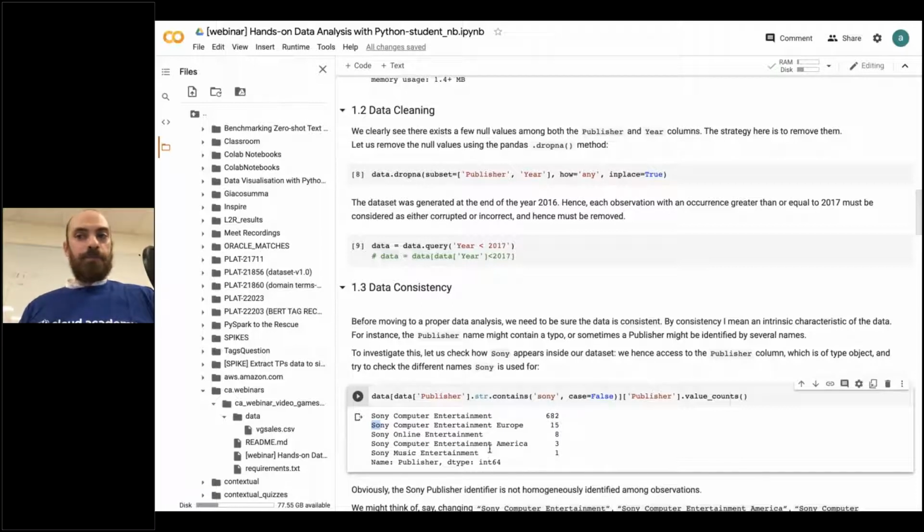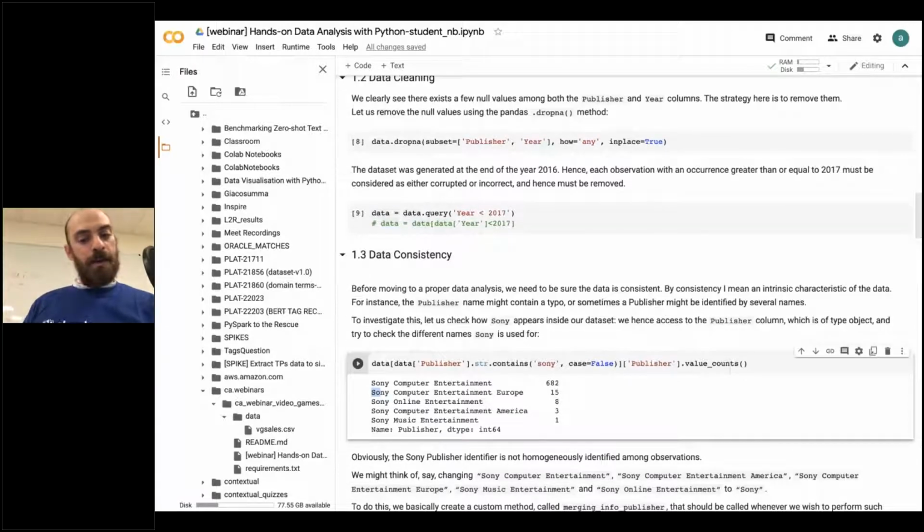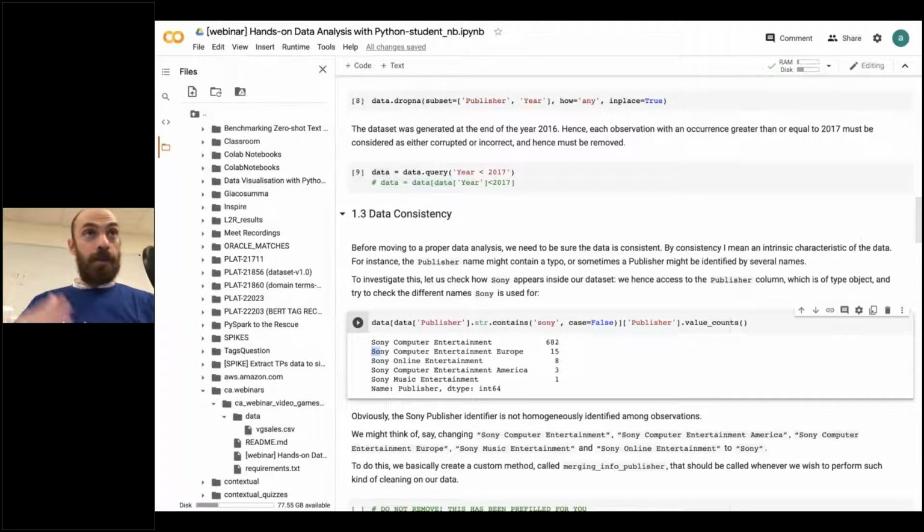So this means that the Sony publisher is not homogeneously identified among observations, and therefore we can think of changing those names into a unique string, say Sony, so that we identify consistently all the observations and we don't lose them. Obviously Sony Music Entertainment is going to appear once in our dataset, and therefore has a low frequency, and if you don't consider it, possibly you are underestimating the Sony company